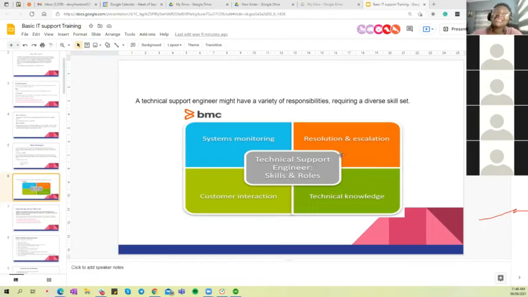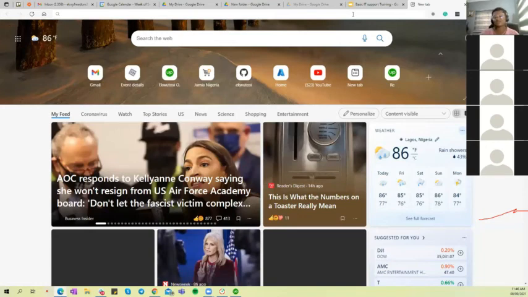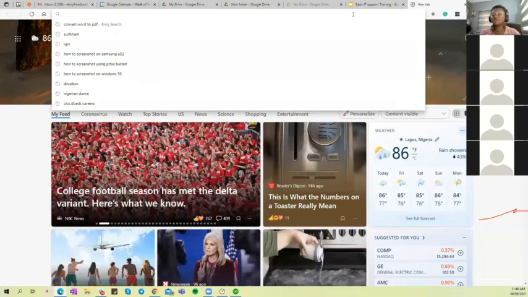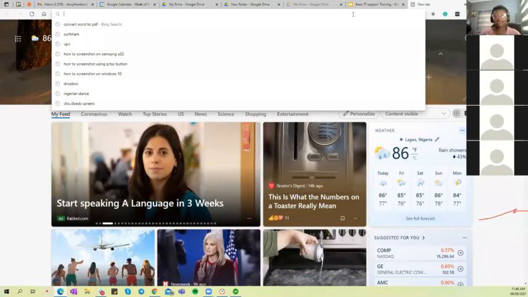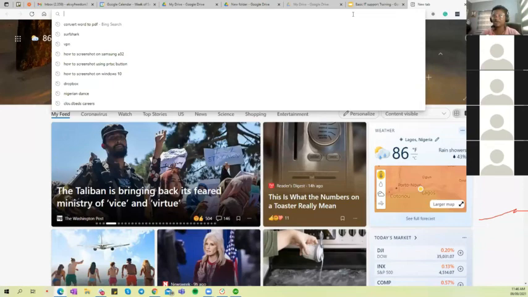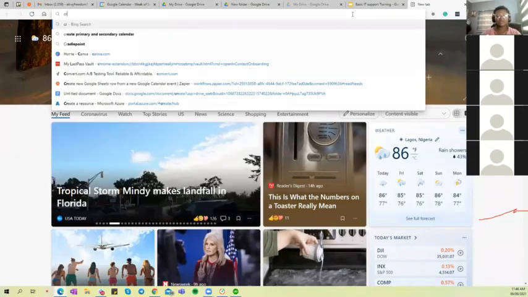And if we did not escalate, we resolved the problem, then we have to provide what we call technical knowledge. This technical knowledge is like you providing a kind of reference to this customer. Sometimes it comes in the form of articles. For instance, when I was working with Microsoft, and a customer is unable to create an account or delete an account, at the end, after resolving the customer's concern, I can send an article. Let's say the customer's problem has to do with creating accounts. I just search create Azure